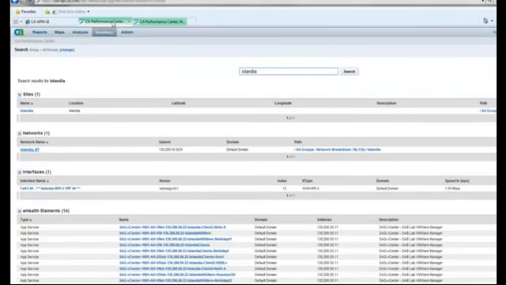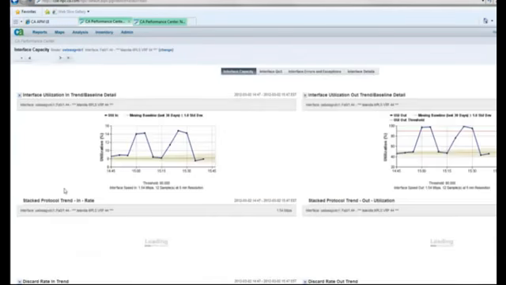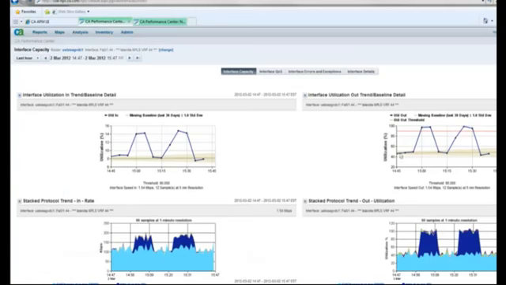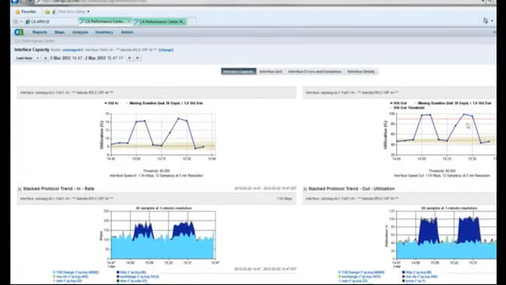But what we're really interested in, to try and find out why the problem is occurring, is we want to go and see what traffic is going across that interface. So let's click on the Islandia interface. We see a couple of spikes here. This page inside of the Performance Center is being built automatically, and the Performance Center is a place where we're bringing together all of the different data sources that we have. Here we're showing SNMP data from our pollers. We're showing NetFlow data from our NetFlow analysis tool, and we're able to put those right next to each other